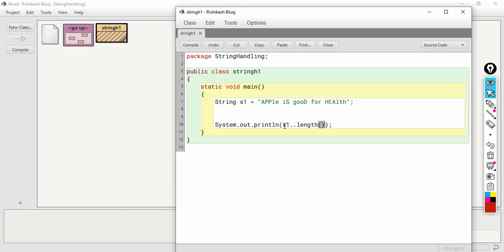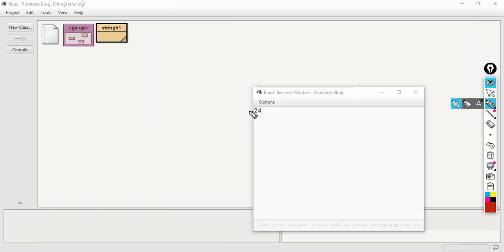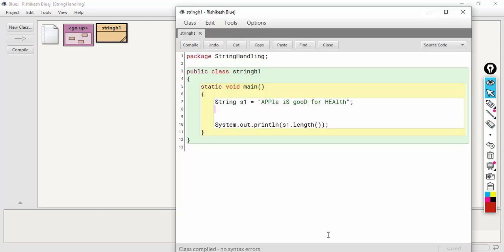This length function will give me an integer value representing the number of characters in the string s1. Let's compile this and see the output. The output is 24, so we have got 24 characters in the string s1.